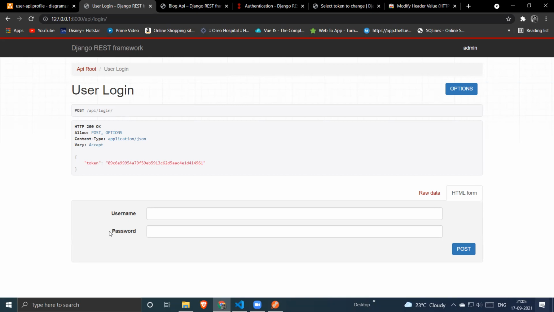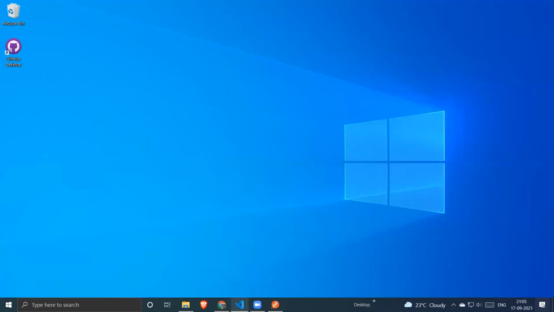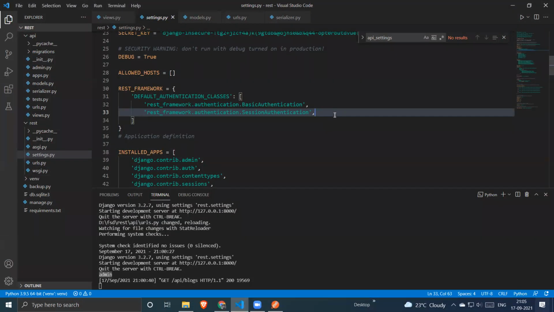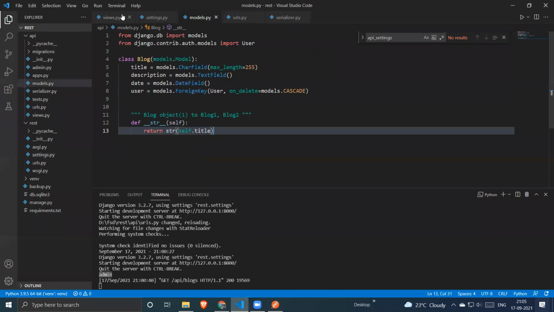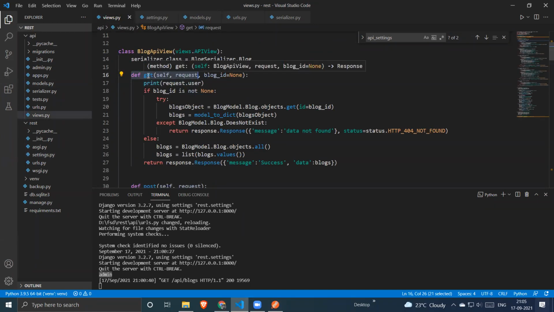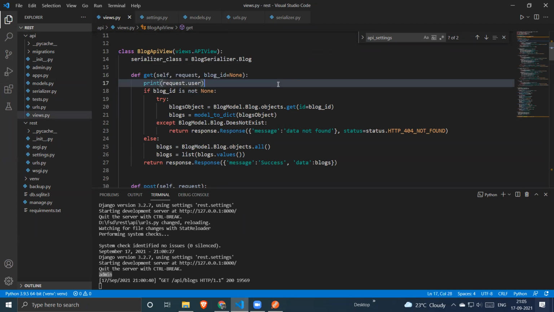And in session authentication, if you are not using it, that simply means you are giving up access to your sessions. Session authentication generally provides you a session simply for a particular request, because we are not storing any kind of sessions. Whenever someone requests something, for example, I have requested something in the blog API view, and I want to provide data equivalent to that particular user.